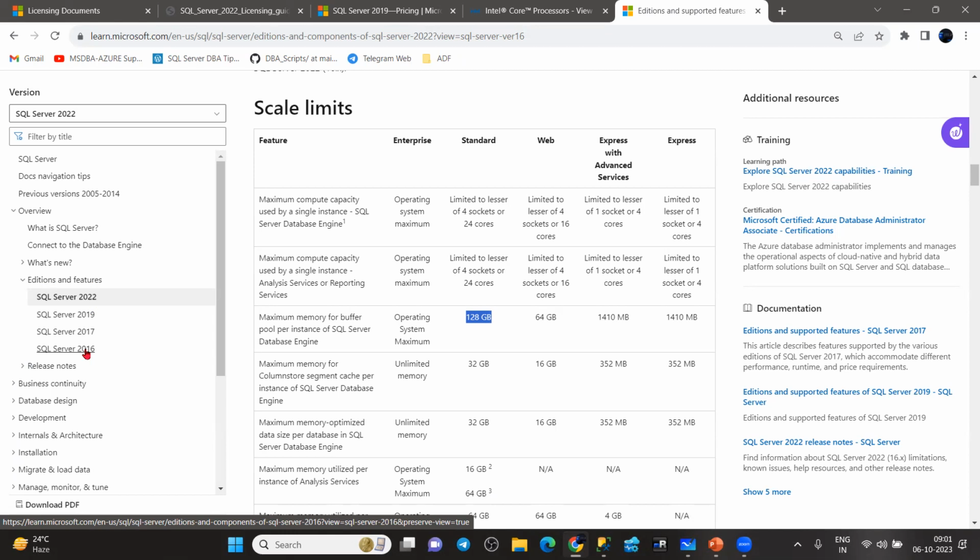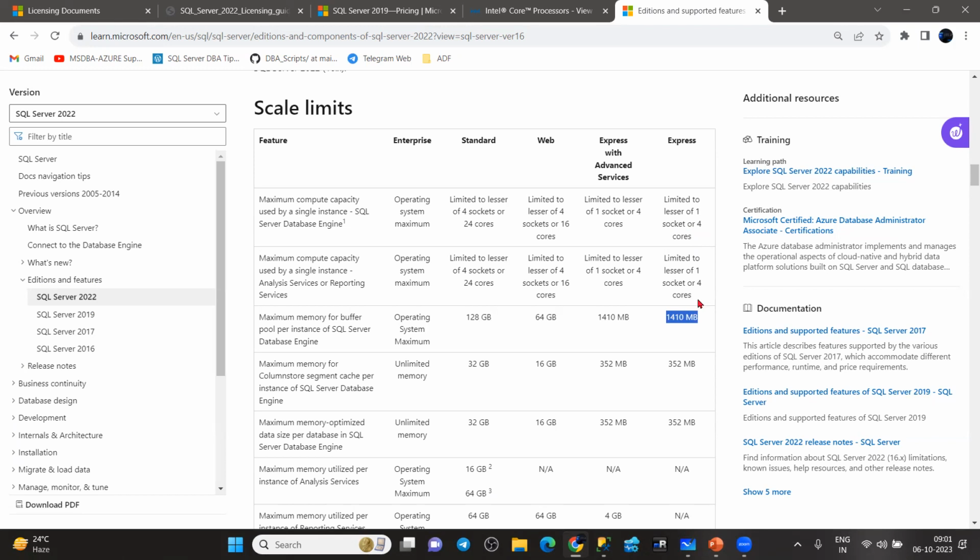So the major thing is core limitations. With both Enterprise Edition and Standard Edition, there is a core limitation. When you go for Express Edition, the maximum you can use is only 4 cores and a maximum of 1.5